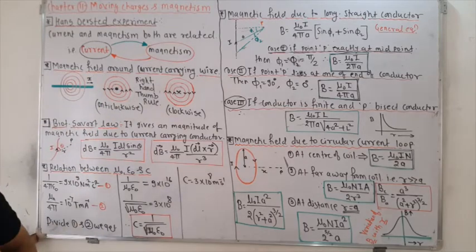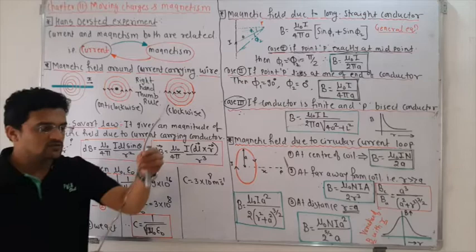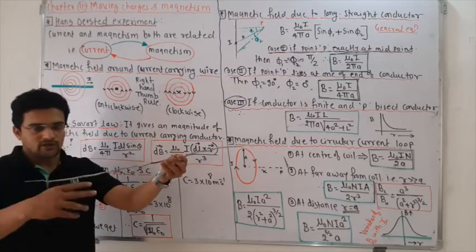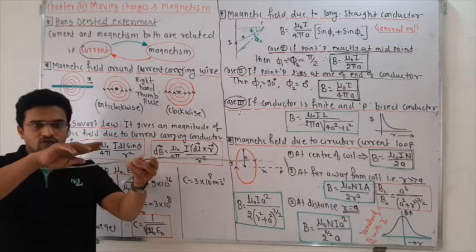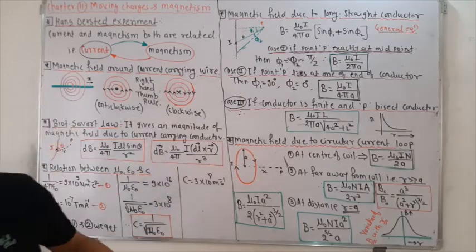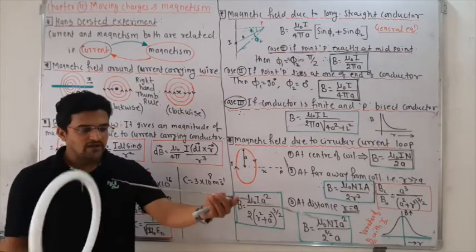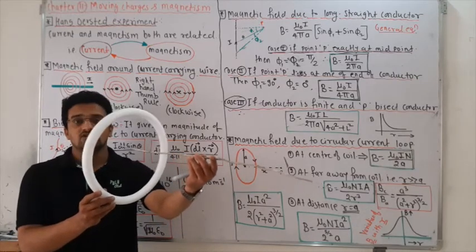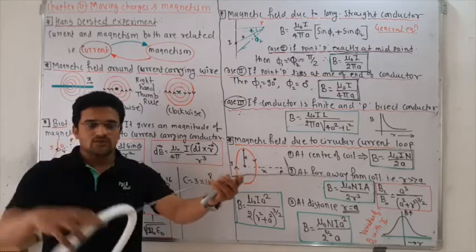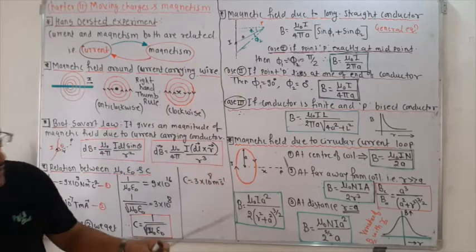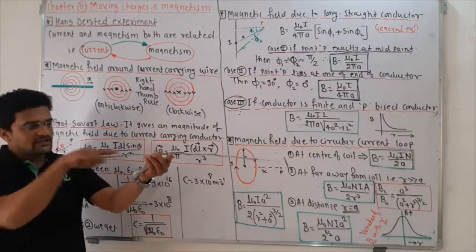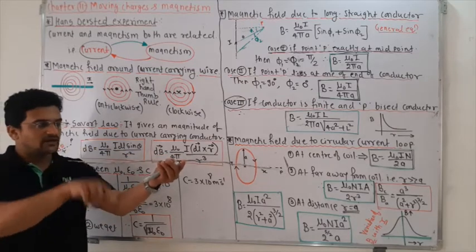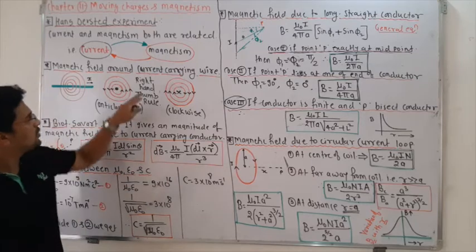Okay, suppose you have a wire. If you pass the current, then it will create a magnetic field around it, and that magnetic field is in the form of concentric circles. Okay, if you want to see, the magnetic field is created like this. You can see here, there are n number of concentric circles created around this current carrying conductor. If the current is flowing in this direction, the magnetic field will be different, and if the current is flowing in the opposite direction, then the magnetic field will be different, and that is given by